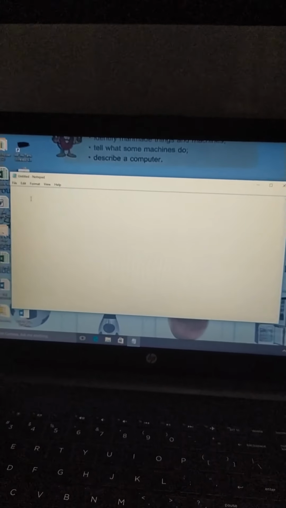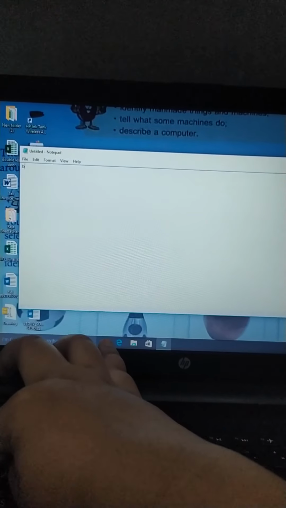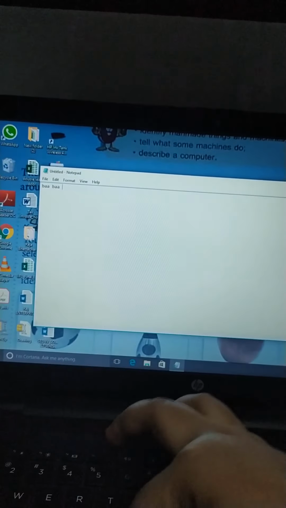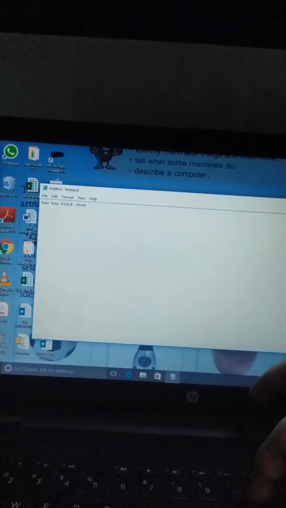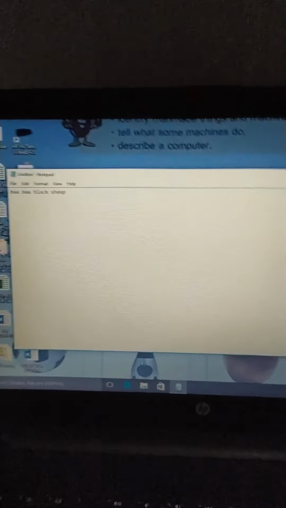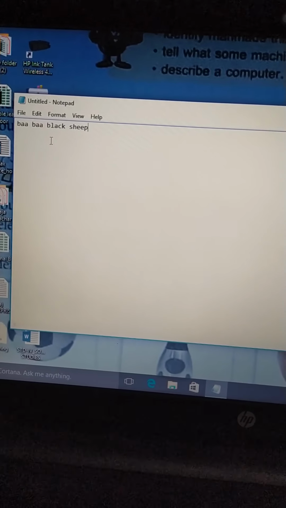Notepad is open now. Type your favorite poem like black sheep. I'm writing only one line. You have to write the full poem, whatever poem is your favorite one. After that,